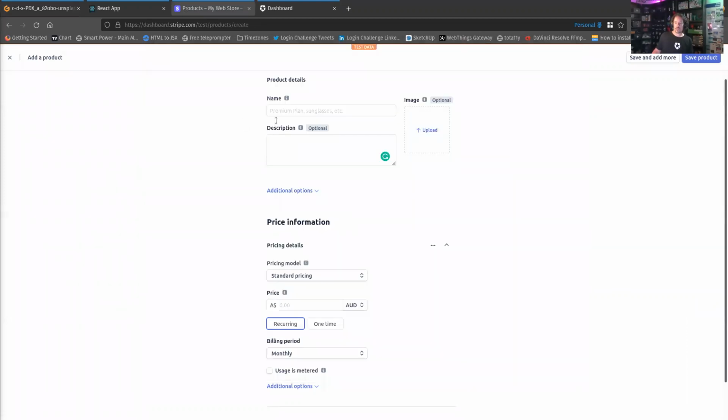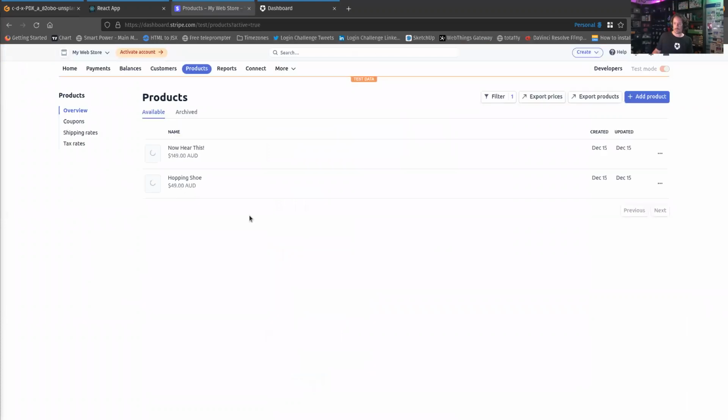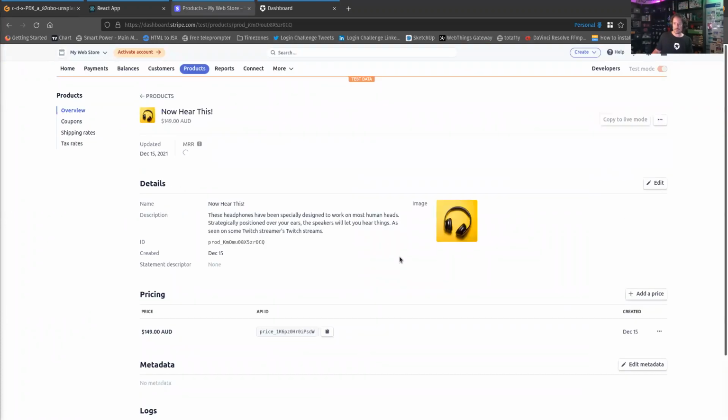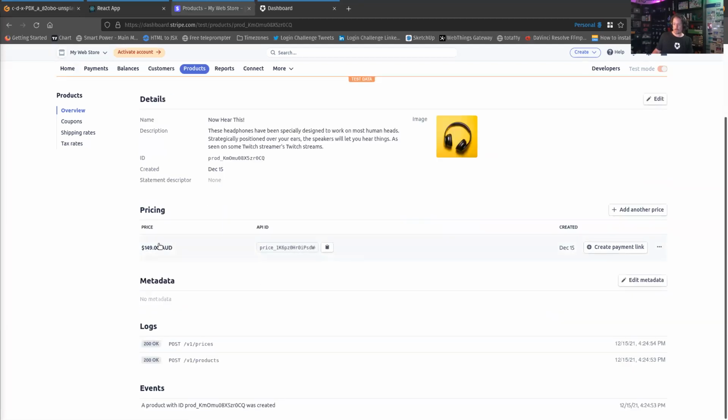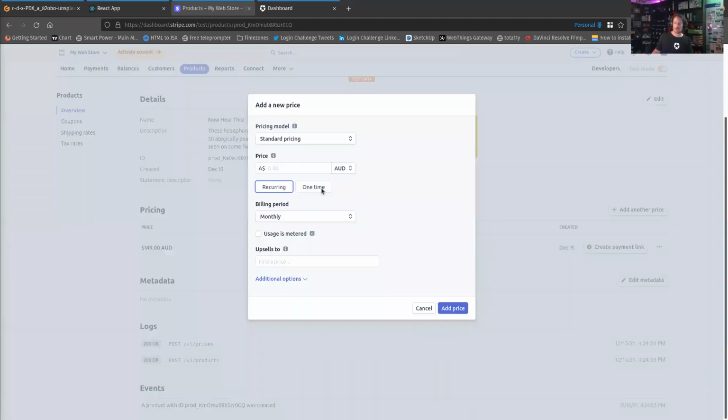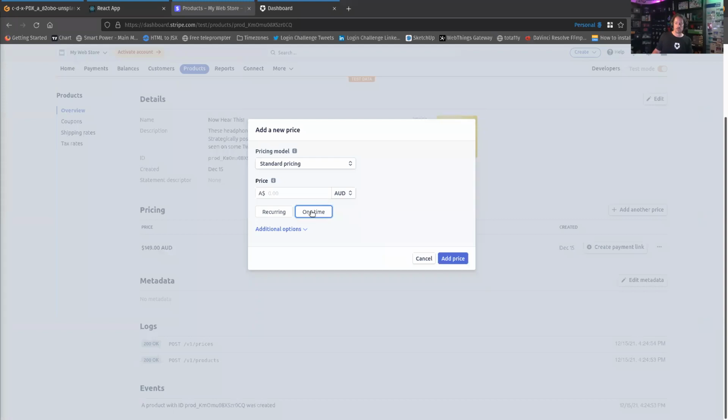So I've already created some. While you're creating yours, I'll just show you what I have. So we basically got a pair of headphones. I've charged $149 for them. So when you're creating the pricing, make sure that you select one-time price, not a recurring price,